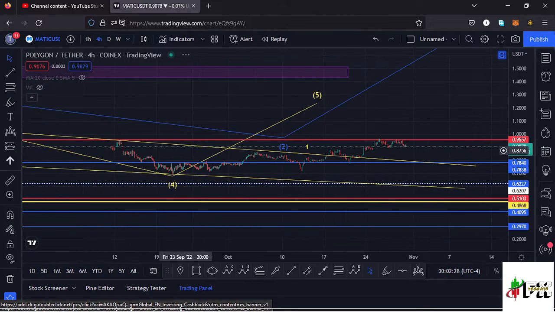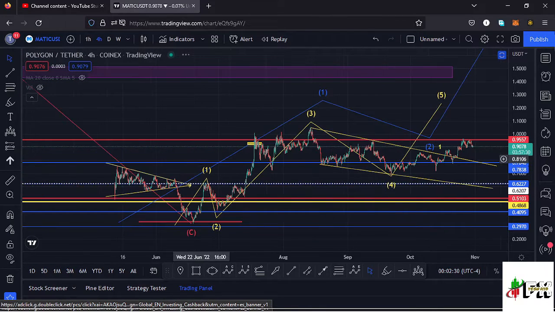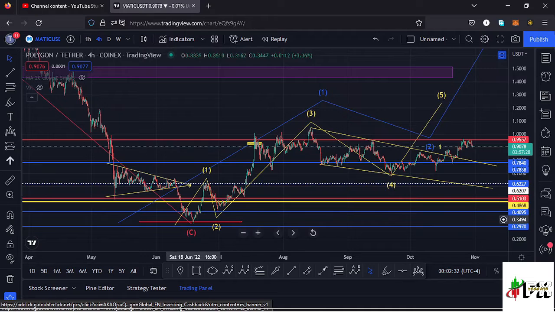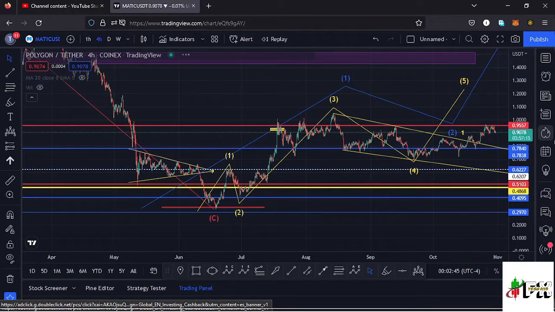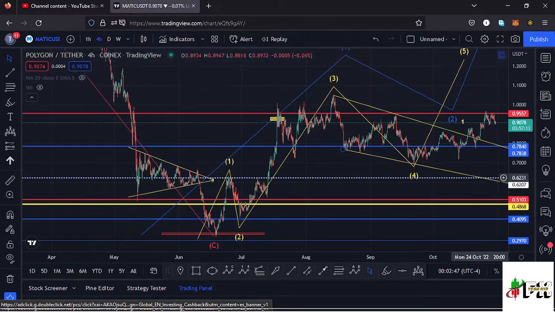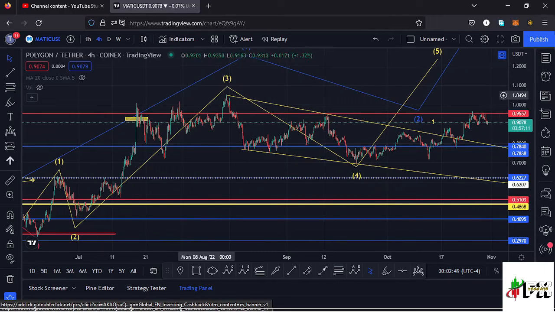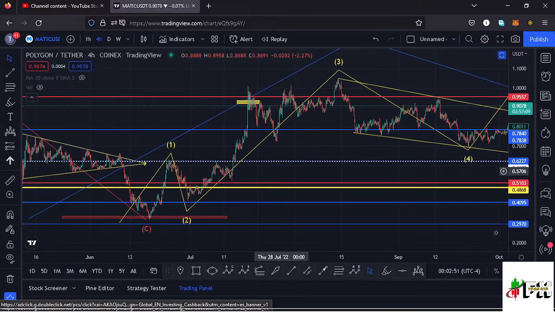And if I jump to the 4-hour chart, here on the 4-hour chart you can see I have this Elliott wave structure in yellow, which is a fractal wave within that first wave to the upper side, where I believe we're in the formation of a fifth wave to the upper side to complete that higher Elliott wave count 1. And if I get a little bit into the details of the formation of that Elliott wave structure, so that it can give us the key scenarios that we expect to play out on this chart,